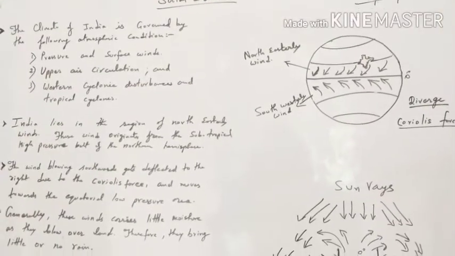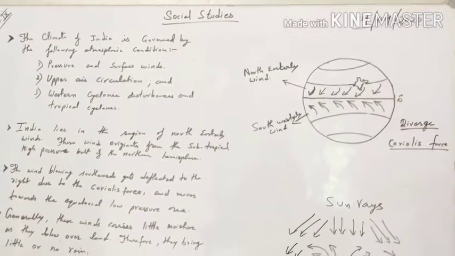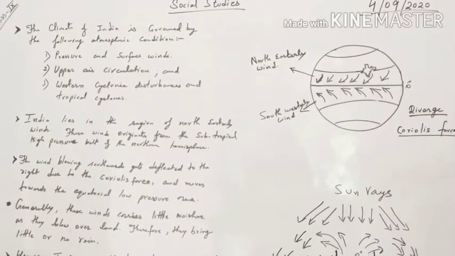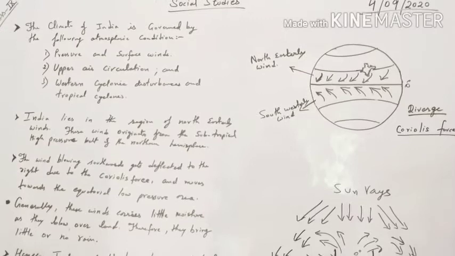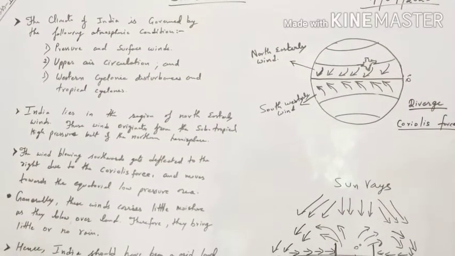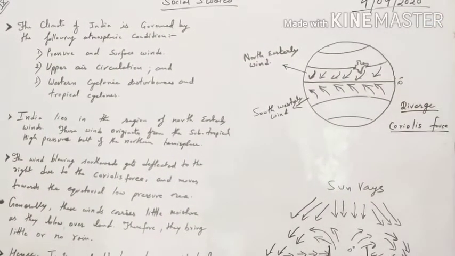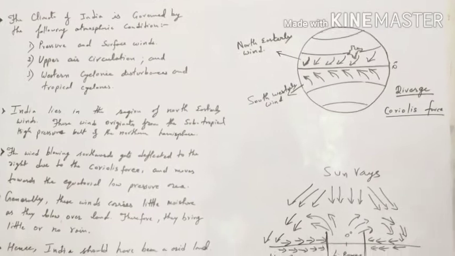Why is it called northeasterly? Because the wind is blowing from the northeast. When we talk about easterly, that means the wind is blowing from the east. You have to remember this. When we talk about northeasterly, it means that the wind is blowing from the northeast. So when the wind is blowing from the northeast, that is why it is called northeasterly, and our country lies